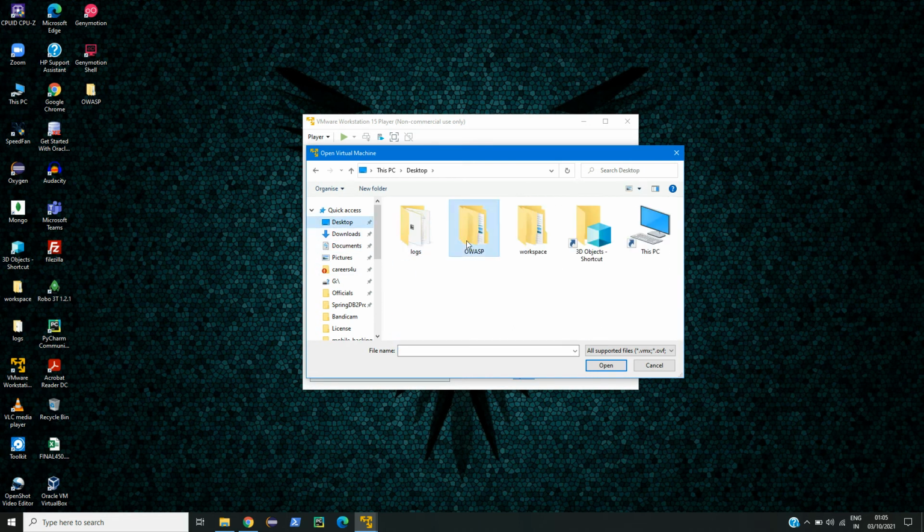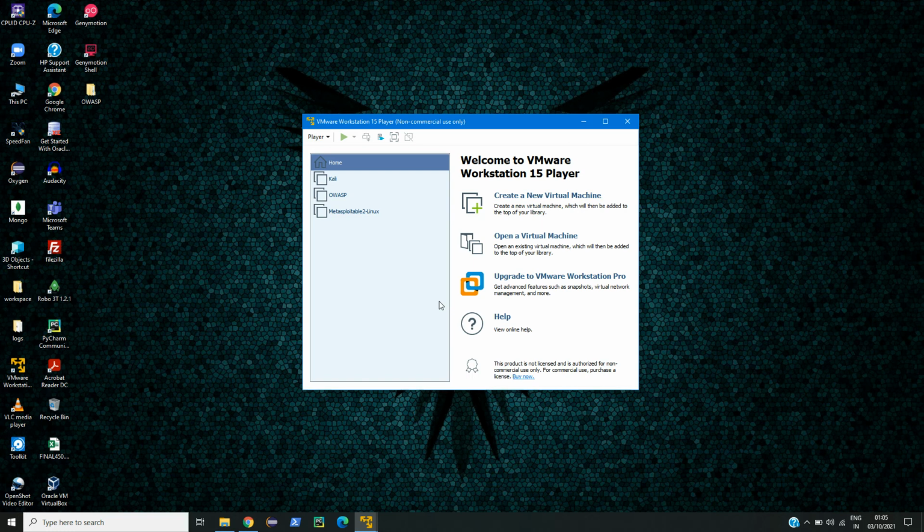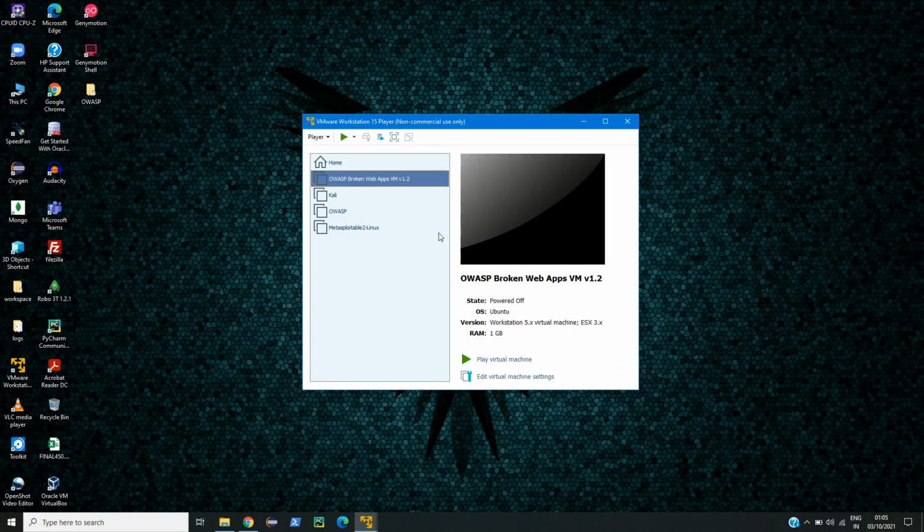In desktop we have this OWASP, and here is our OWASP file. From here select this OWASP broken web apps.vmx. Click on open. Here you can see one new virtual machine is generated. This is our OWASP virtual machine.